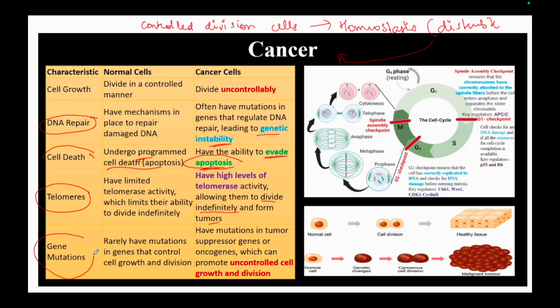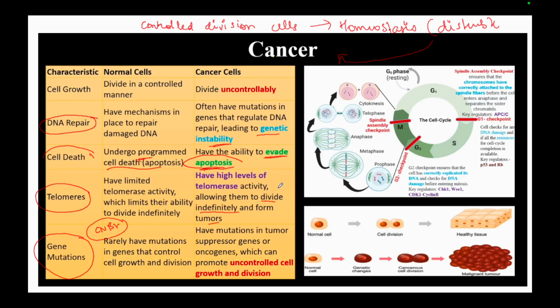And these gene mutations could come either from DNA repair defects or from other mutagens present in the environment, like cyanogen bromide. There are different mutagens which can mutate the genome randomly, and these mutations can lead to uncontrolled growth, uncontrolled divisions of these cancer cells, which will ultimately lead to a tumor.